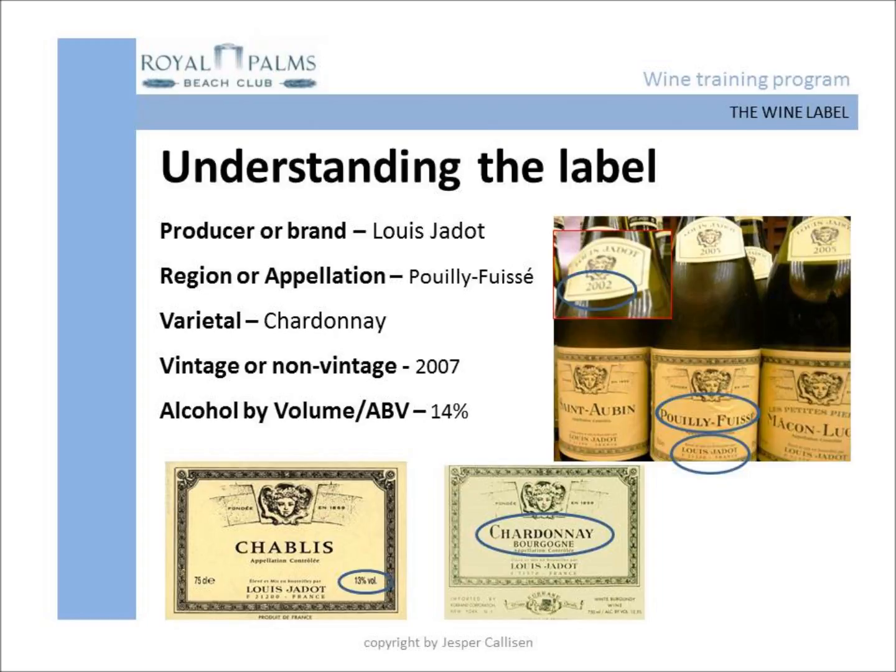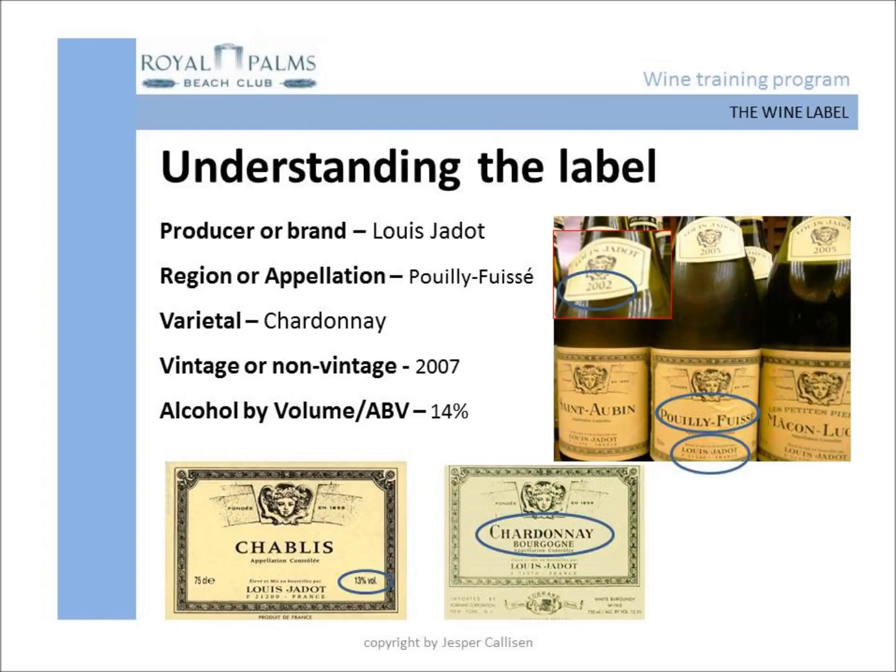Moving on to alcohol by volume or ABV. By law, it is required to state the alcohol percentage in wine, but aside from that, the ABV of a wine provides us wine lovers with a lot of information. By knowing the alcohol percentage, we can guess if it will be light, medium, or full-bodied. We will know if it is dry or off-dry. Off-dry wines have not been fermented completely dry, and therefore still have some sugar left in the wine. This makes them slightly sweeter, but also lowers the alcohol percentage.